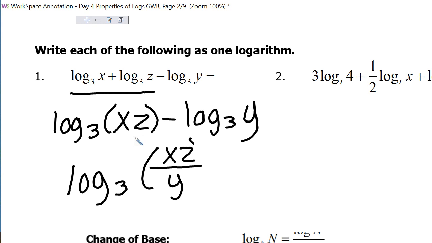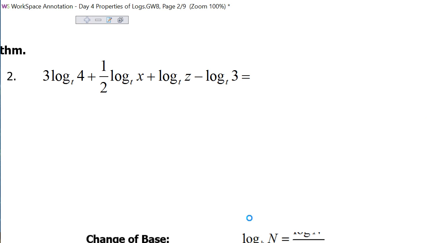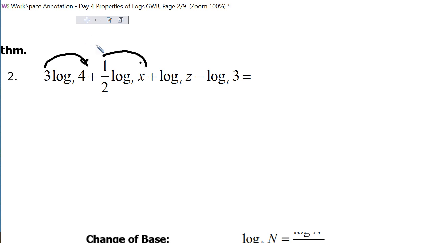Now for number 2, we'll have to use the power property. So if you have a coefficient in front of your log, you need to put it back as the exponent. So here, the 3 needs to go right here, and we'll have 4 cubed. Same thing with the 1/2, that coefficient, put it back to the exponent position, so we'll have x to the 1/2 power. So doing that, this will give us log base t of 4 cubed